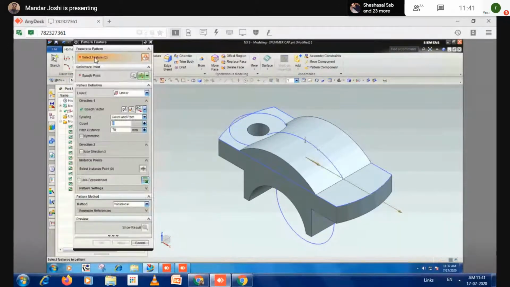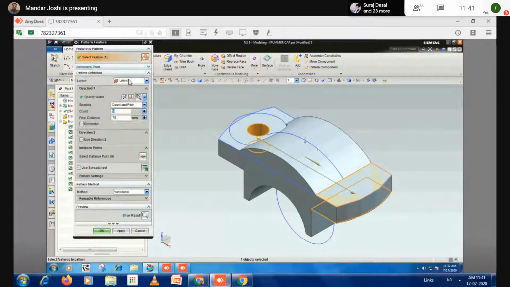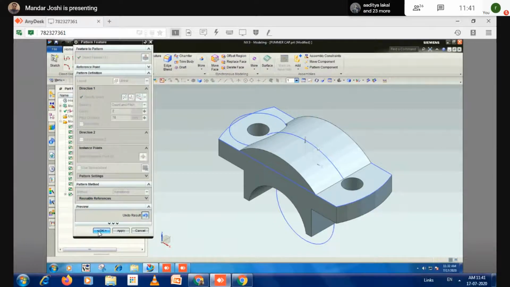Which feature? This hole. Second, the reference will be done automatically, no need to define. The type of pattern is linear. Direction of pattern is plus XC. Quantity of pattern is 2 and spacing between each is 78. Take the preview and click OK.